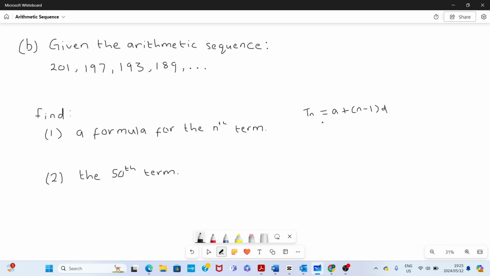So to then find the formula for the nth term in this case, this formula would be given by,